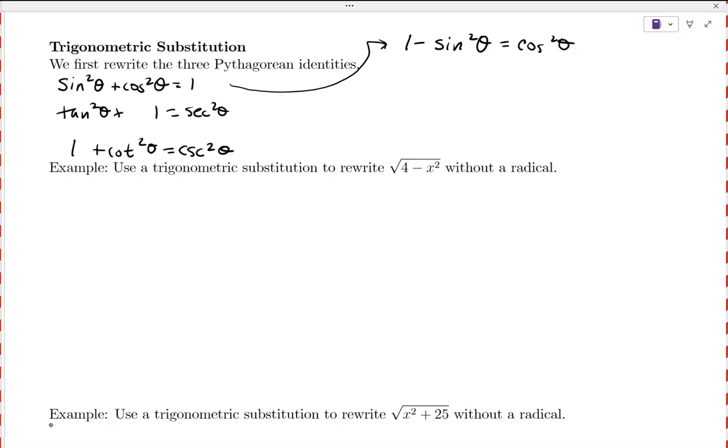Notice it looks almost like this form, right? I've got this minus variable squared. Now you don't have to write this next part down because this next part's not going to work. We're going to have to adjust it, and I'll have you write that down instead. What you might be tempted to do at this point is say let x equal sine of theta, because it kind of fits that form, right? I want to do something minus sine squared so that I can replace it, right? The problem is with this,